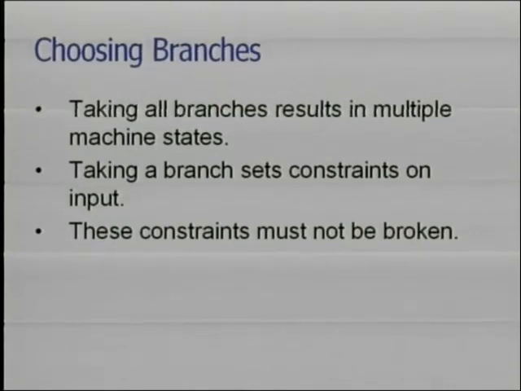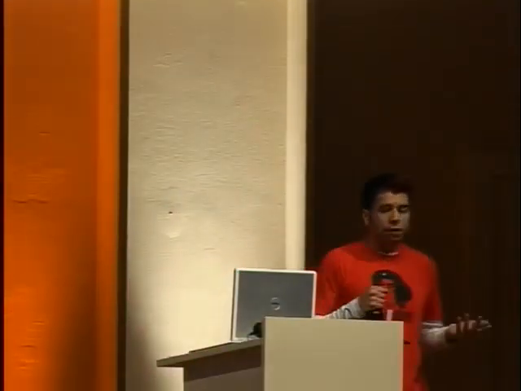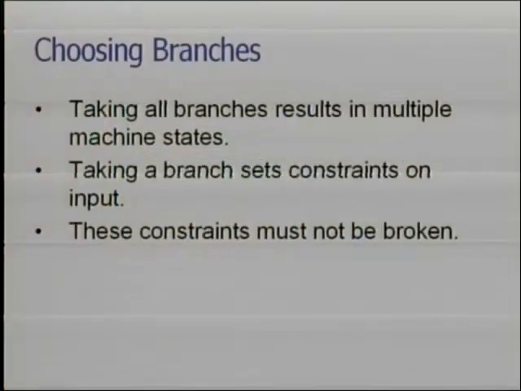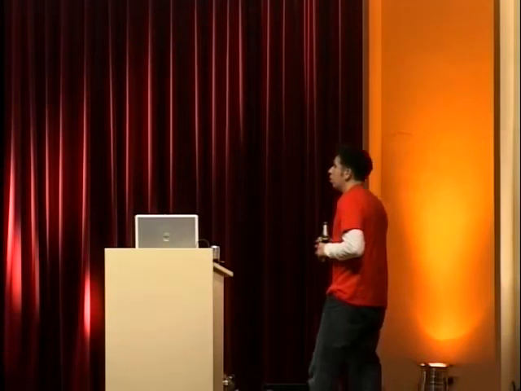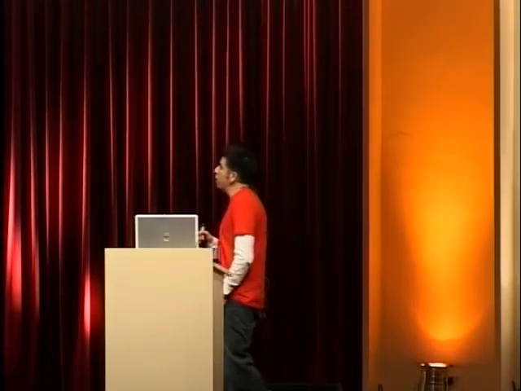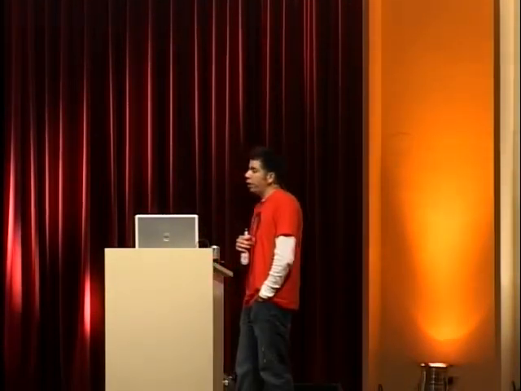So you can take all branches. If you take all branches, you're going to have multiple machine states. And when you take a branch, by the definition of taking a branch, you've set a constraint on the input. If you take a branch and the comparison is, is this greater than 5, you have to find that the path is going to be greater than 5 for that value. Something else that you need to make sure is that you don't break these constraints later on. If you've taken a path that says it's greater than 5,